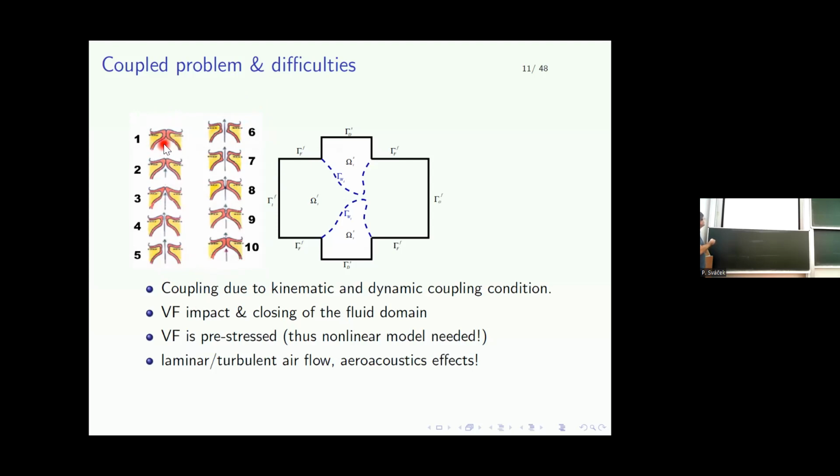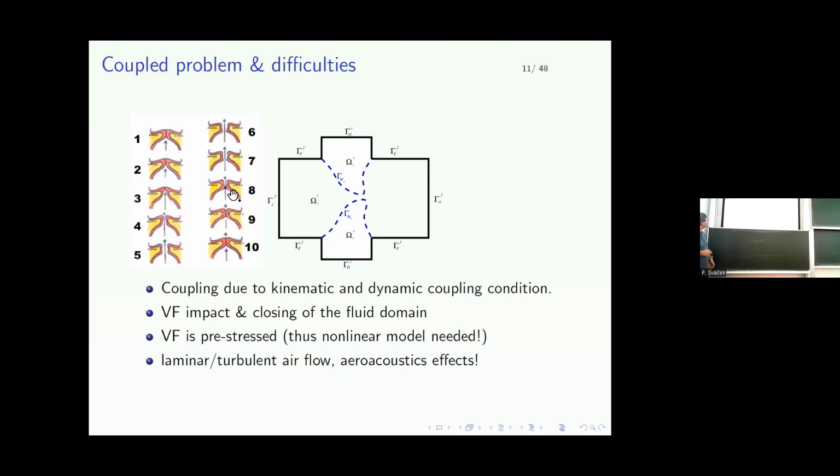So we start from number one, where the vocal folds are touching each other, and the channel is closed. But after some time, it opens and air goes through. But after several other iterations, the vocal folds are closed again. This is basically the typical periodic behavior, and as you can see here, 1, 2, 3, 4, 5, maybe 6